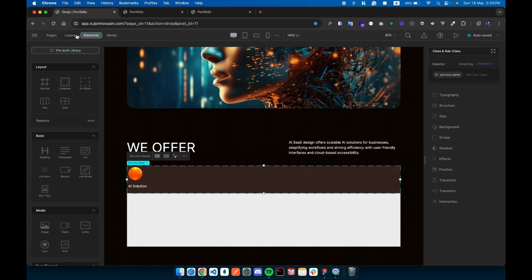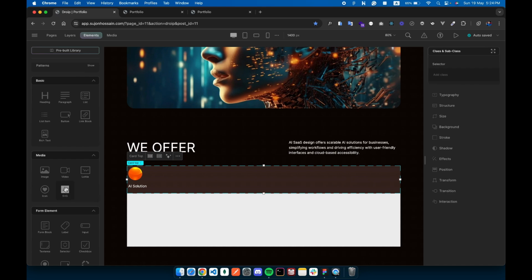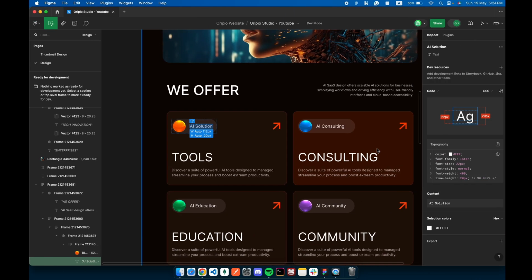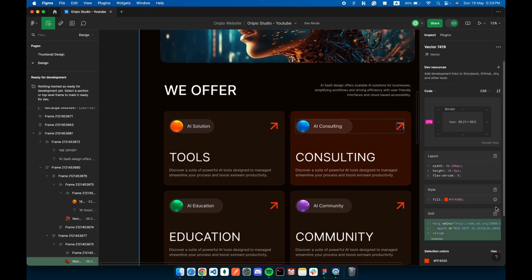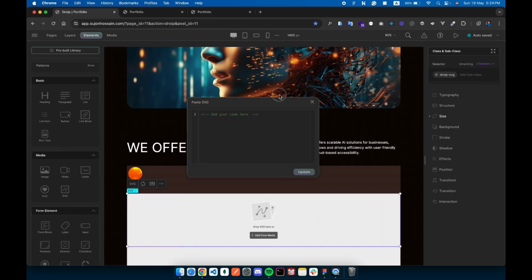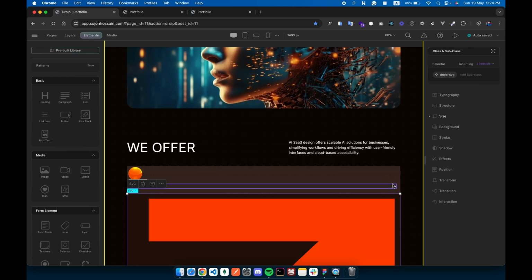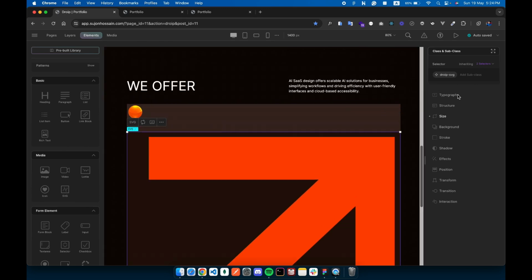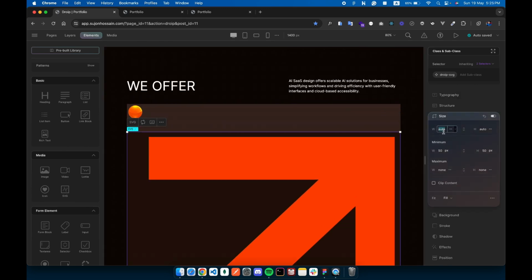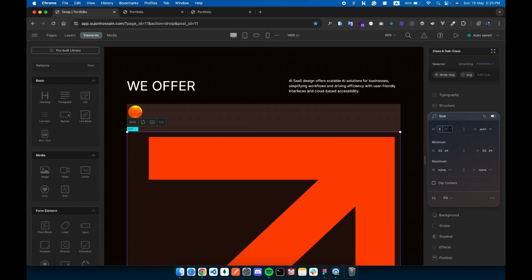This one, so I need an SVG element for this card top. I select this card top and add an SVG element. Click here and copy the SVG code from this Figma, and inline tool, paste SVG. You can put an SVG code also here. So select and update it. You can see this is our SVG, but it is large. So resize this SVG. It will be, I think, 40 pixel or 36 pixel, 36